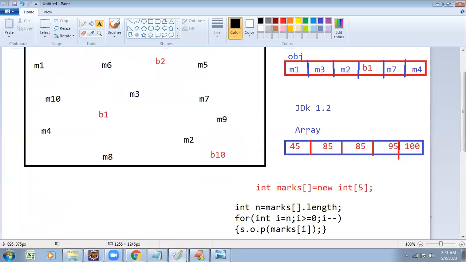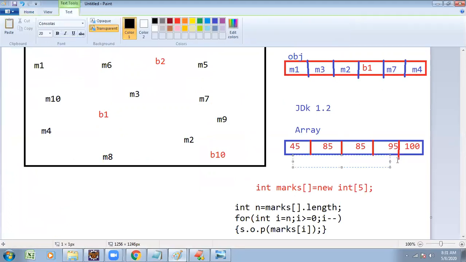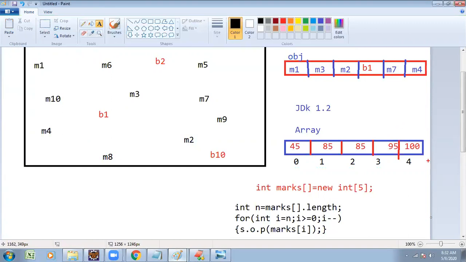While we are working with arrays, one more very important terminology we want to use with arrays is the index. Index of 0, index of 1, index of 2. What is this index? It is the memory address location. Memory 100 is going to be storing with which memory address location? Obviously, index is going to start from 0 and end with n minus 1 position.